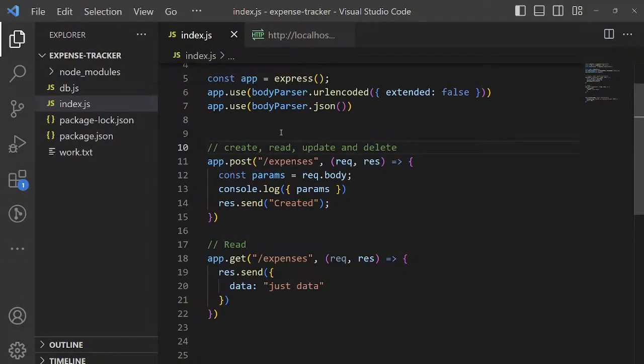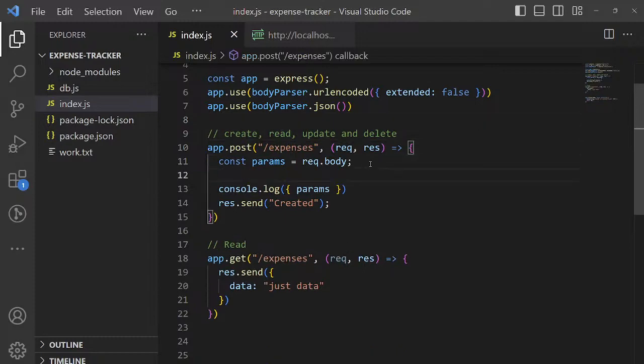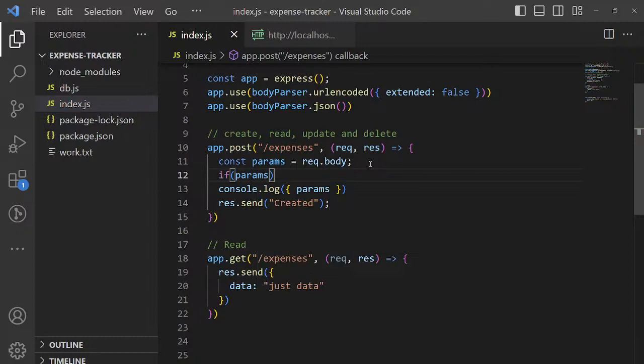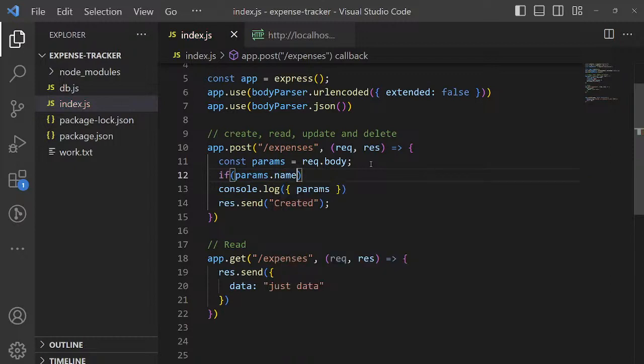So we'll just do, if params, we need params to have a name. So if we don't have name